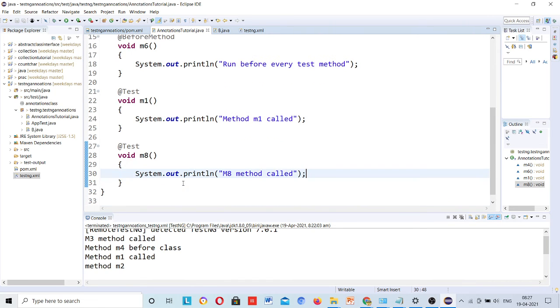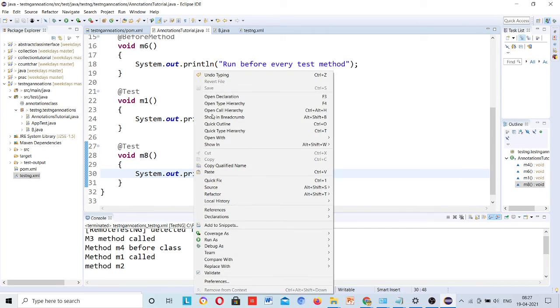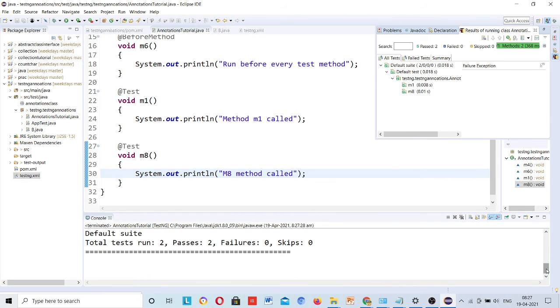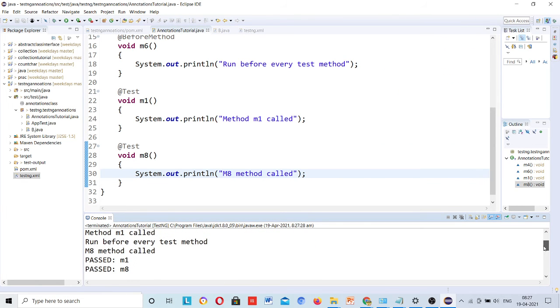Now I will only run this class and you can see that before method will be called two times. This is a famous interview question: how many times, what will be the output, then you need to tell.